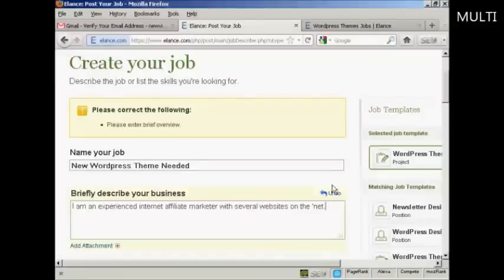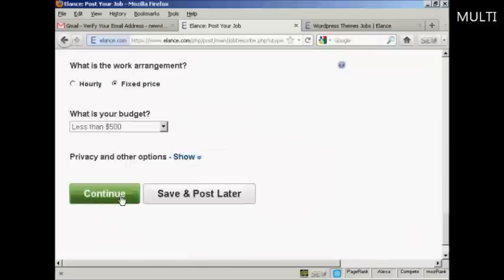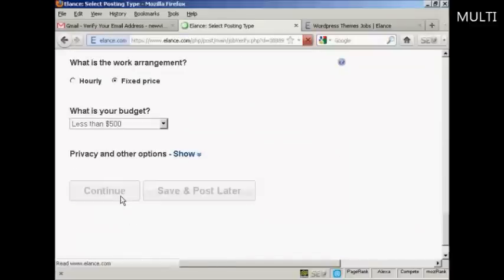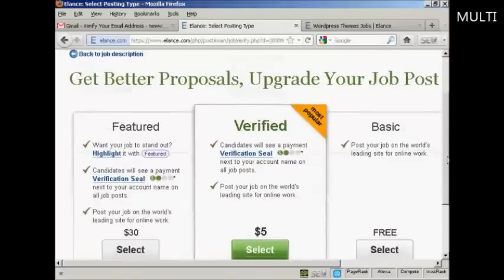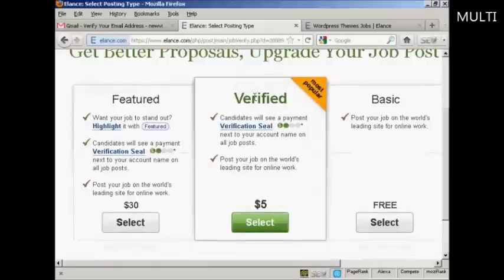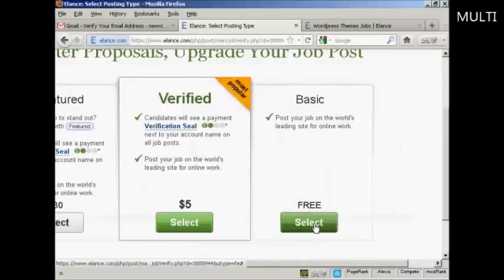See, it talks you through. If you leave anything out, they'll tell you. Okay, and click on continue. Then you can decide which type of listing you want. You can have it as featured, you can have it as verified, and that costs $5, the featured $30, or you could just have the basic listing, which is free. For this demonstration I'm just going to select the basic listing, so click on select,